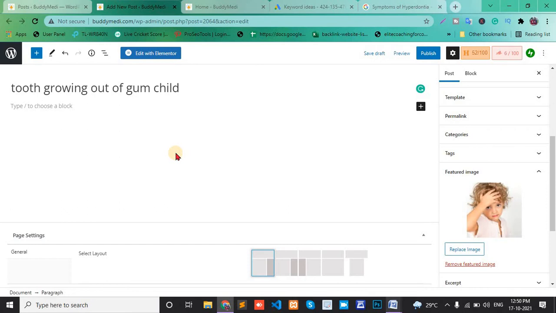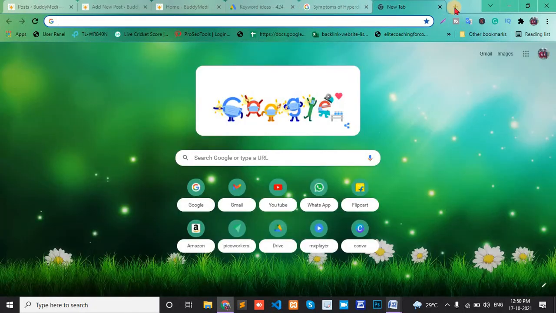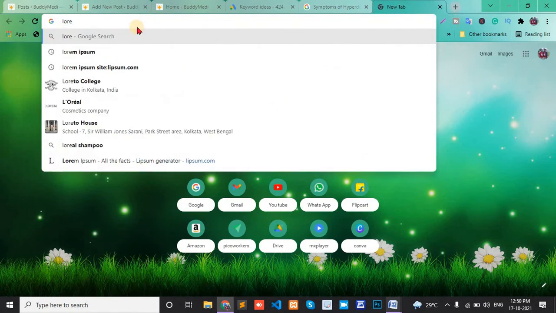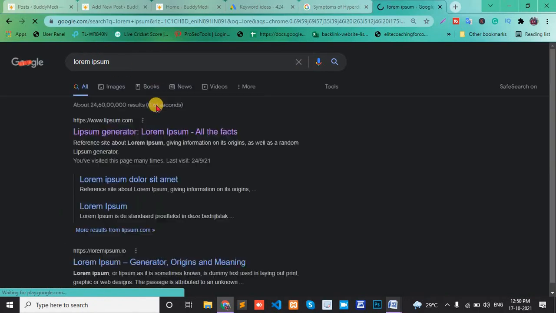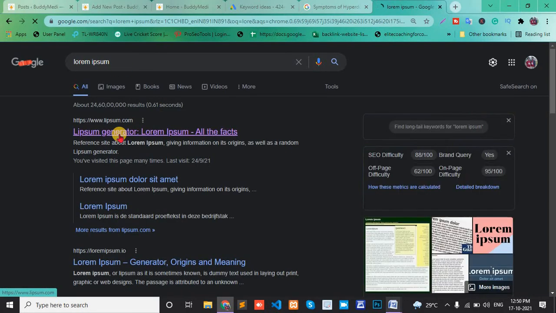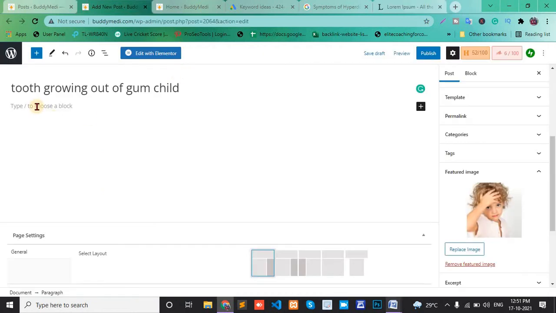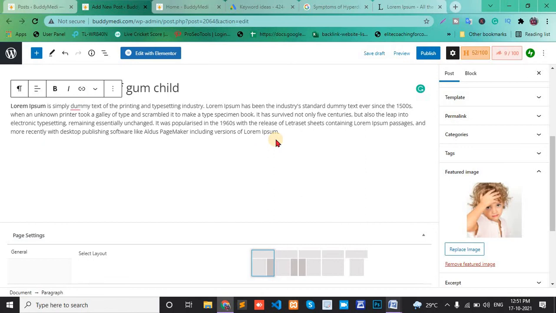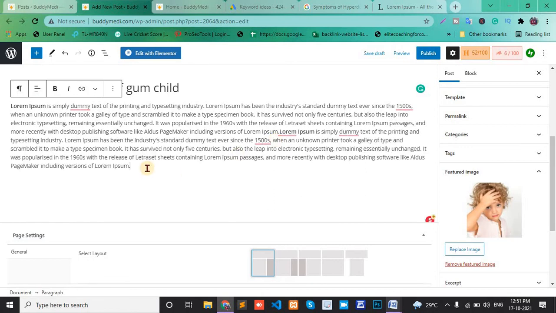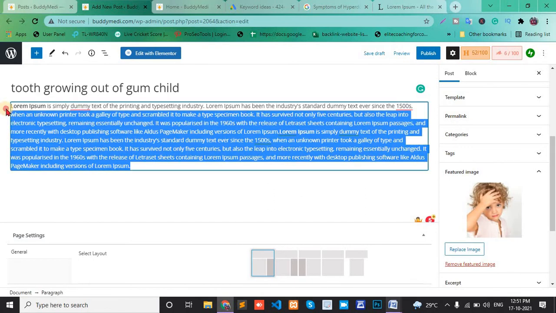Images are added to the blog or paragraph. Here we use demo content, lorem ipsum. Copy and paste. This is the first paragraph.